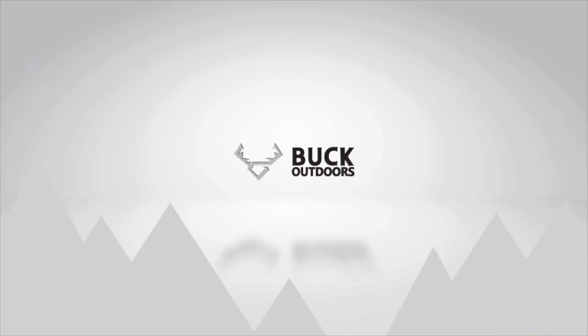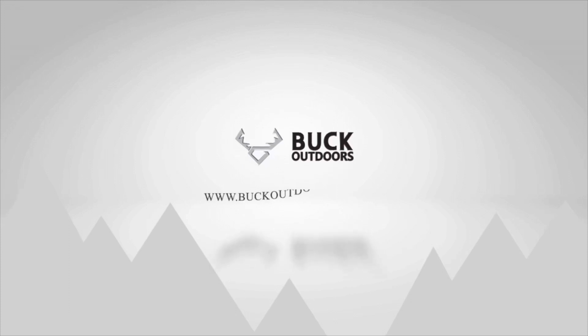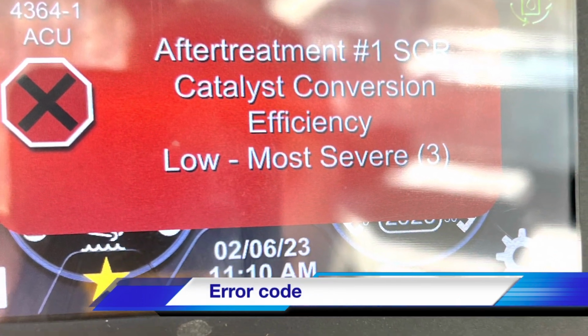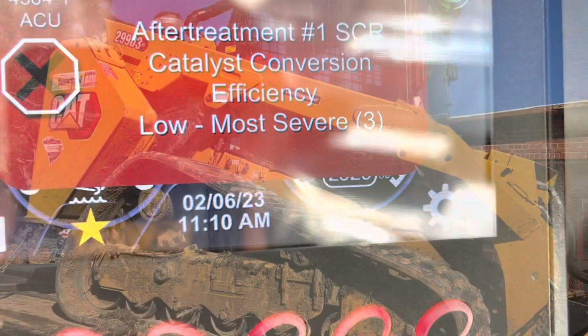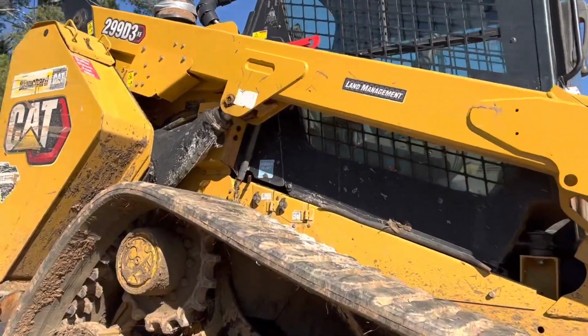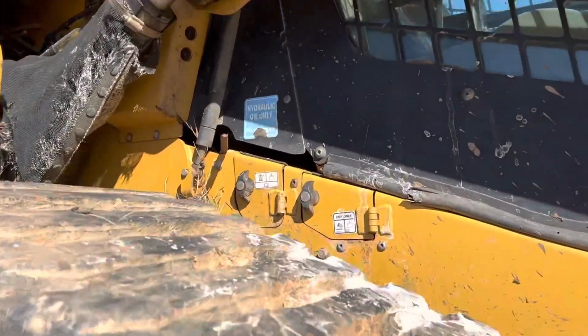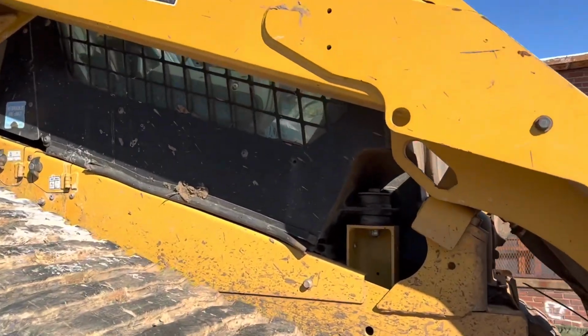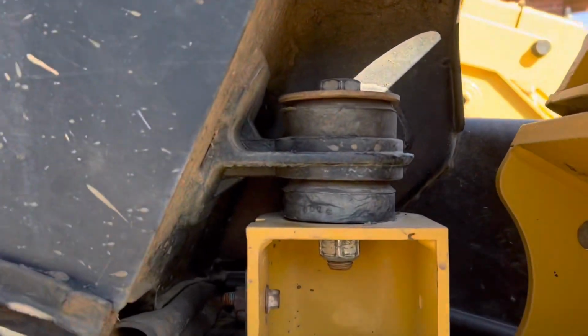Replacing stale DEF in the CAT 299. Stale DEF, or DEF that is over 3 months old, may trigger multiple types of error codes on your Caterpillar skid steer. Now, in order to get to this DEF tank, you're going to have to raise up the cab